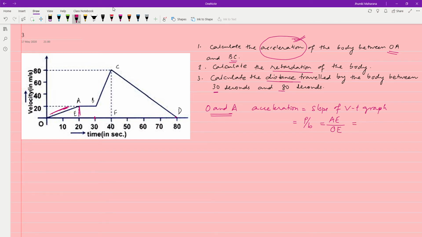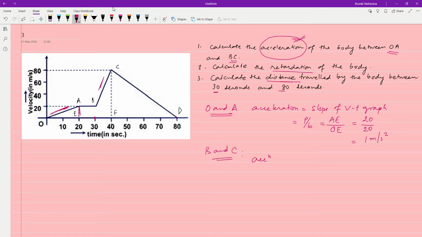So AE, the length of AE is 20 and OE is 20. So we get acceleration to be 1 meter per second square. So between O and A we have calculated the acceleration. Now if you look at this part BC, here also we have got some acceleration. So between B and C,